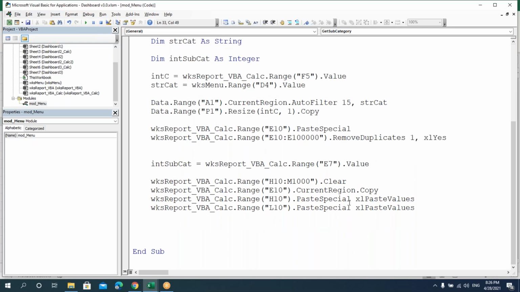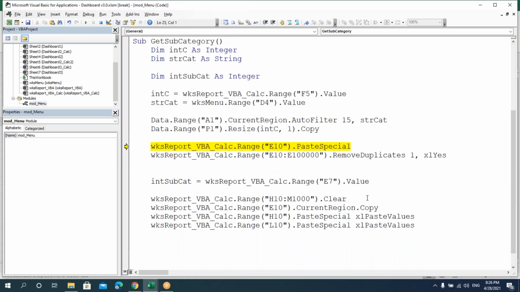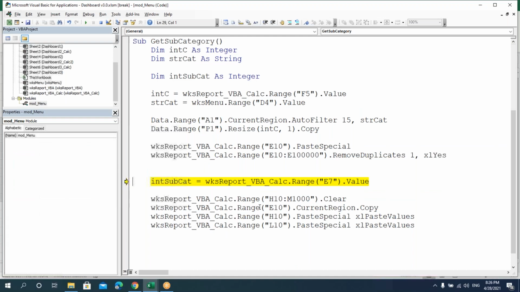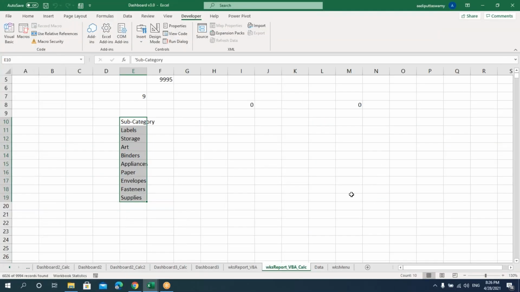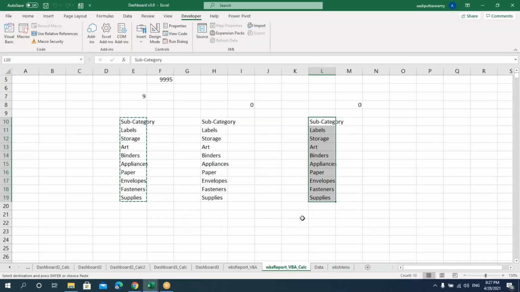Right, now let's run this and see whether we're getting the code properly or not. So what we have to do is, every time you're writing the code, you have to keep checking it, so that we'll know whether the code you've written is proper or not. Now it got pasted here. Now the next step is to clear it. Say you go here, you can see that the data gets cleared. Now I'll try to paste it.